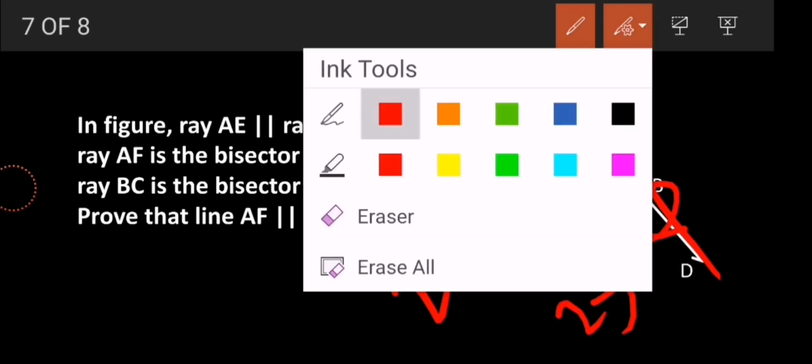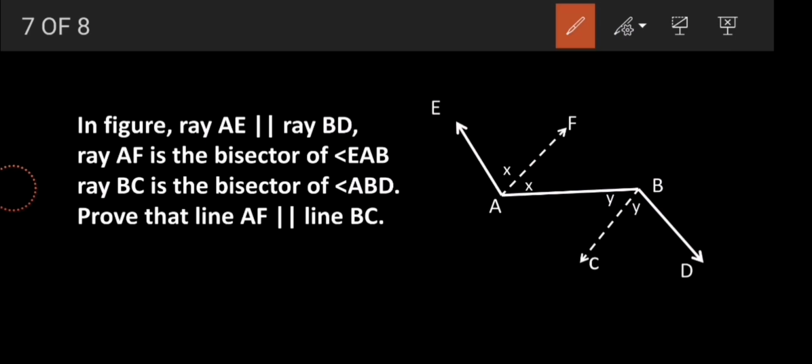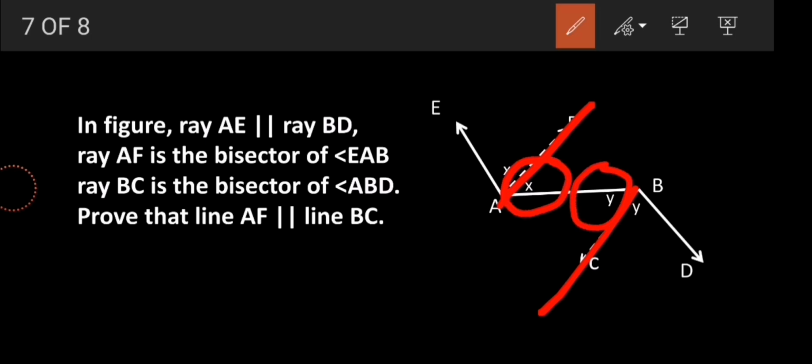So my few steps are clear. And if the question is I need to prove AF parallel to BC, then if I am able to prove angle X is congruent to angle Y, single angle X congruent to single angle Y, then ultimately I can say these two are alternate angles. So by the alternate angle test I can say AF is parallel to BC, but for that I need to prove X is congruent to Y. So let's see what can be done. I know what to prove, I know how to begin. In between, what comes, let's face it together.